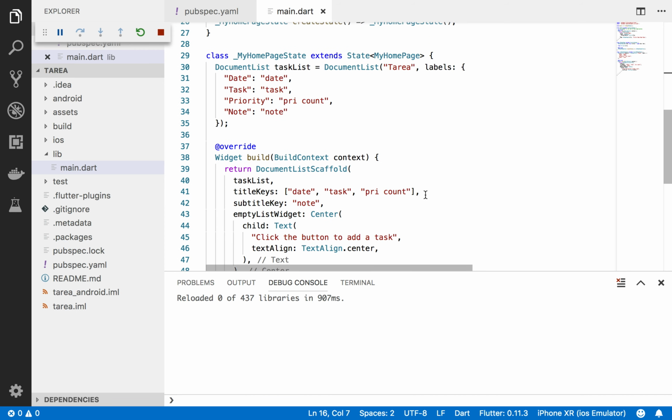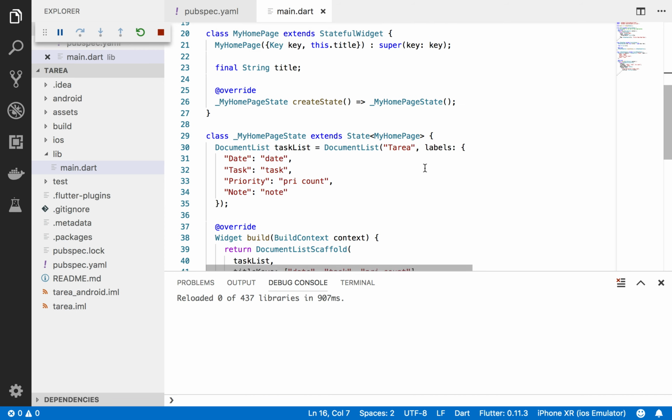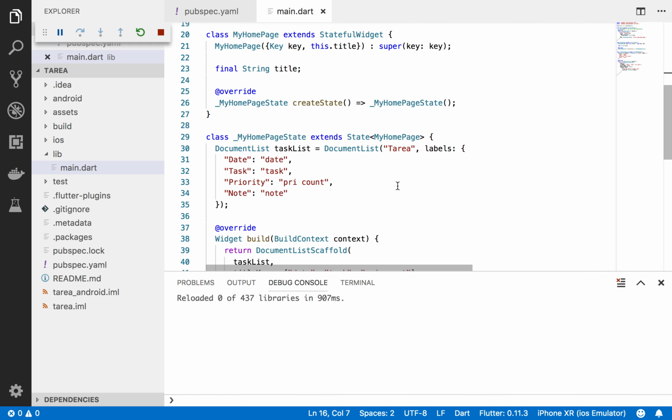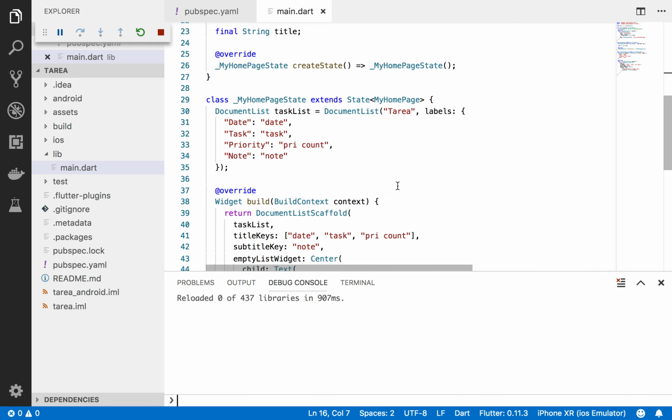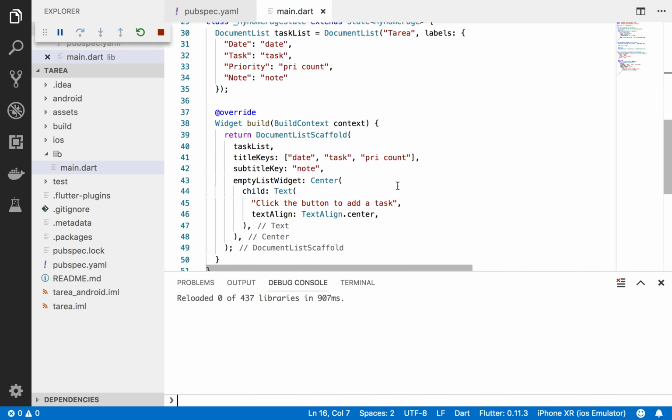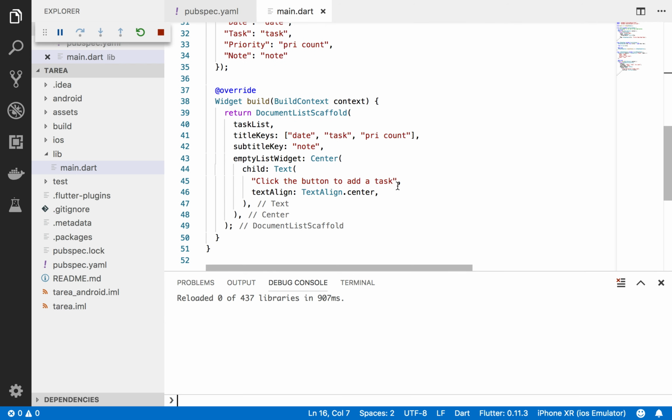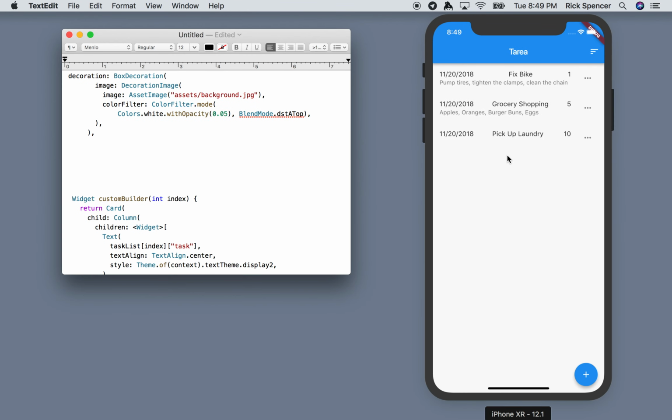Okay, so just a quick recap. What we've done is created a document list and we've told it what kind of fields we want to display in the UI. And then we created a document list scaffold and we did some light customizations. We told it what keys to use in the title. We told it what key to use for the subtitle, and we gave it a widget to display when it's empty. And you can see here